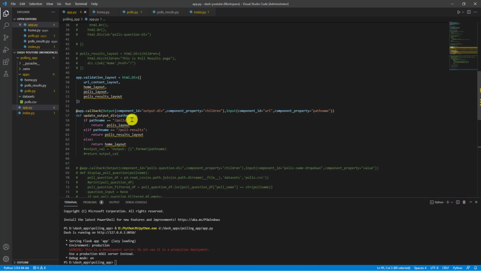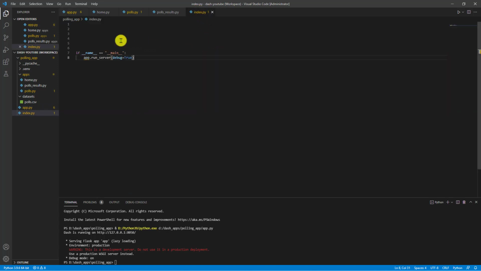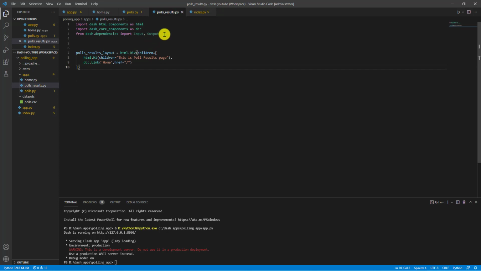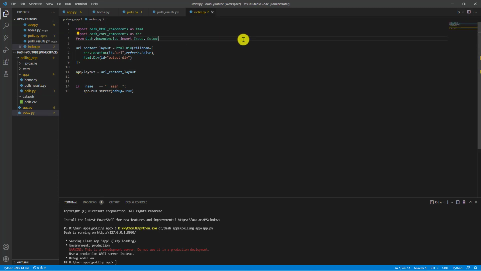Now I can have my URL layout as well and the app.layout here. Okay, so again it is complaining about app, DCC and HTML. So DCC, HTML, anyway I can copy from here. Even we have some callback as well. So I'm just copying all this code over here.